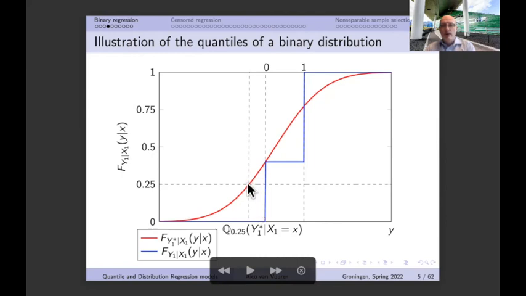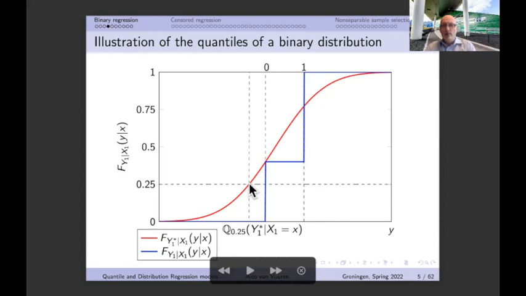And then we're going to see that at the moment that we're going to look at the quantile of y1, that is then equal to 0. Again, that is in line with what we have seen before, because now we have a negative quantile for y1 star, and that implies that our indicator function now indicates that this must be equal to 0. What we immediately see is that if we go below 0.25, then the quantile of y1 star is going to be even smaller. So it's still going to be negative, of course. So then also the quantile of y1 is going to be equal to 0.